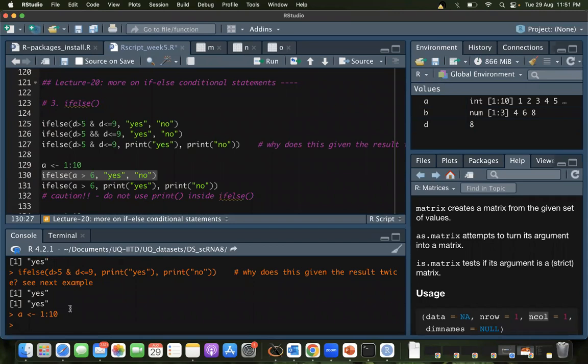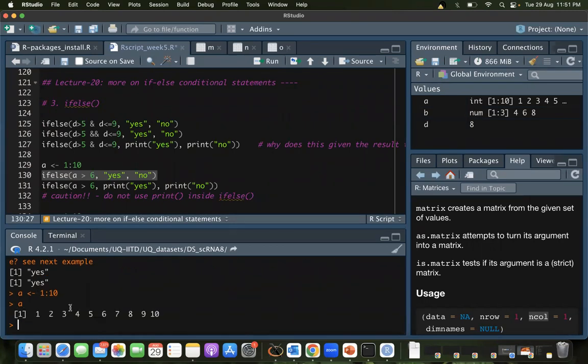So basically, a is this, right? If I am writing a greater than 6, it's this. That's right. Now I'm specifying this additional thing, ifelse, and you're feeding this thing, yes and no. Any idea?